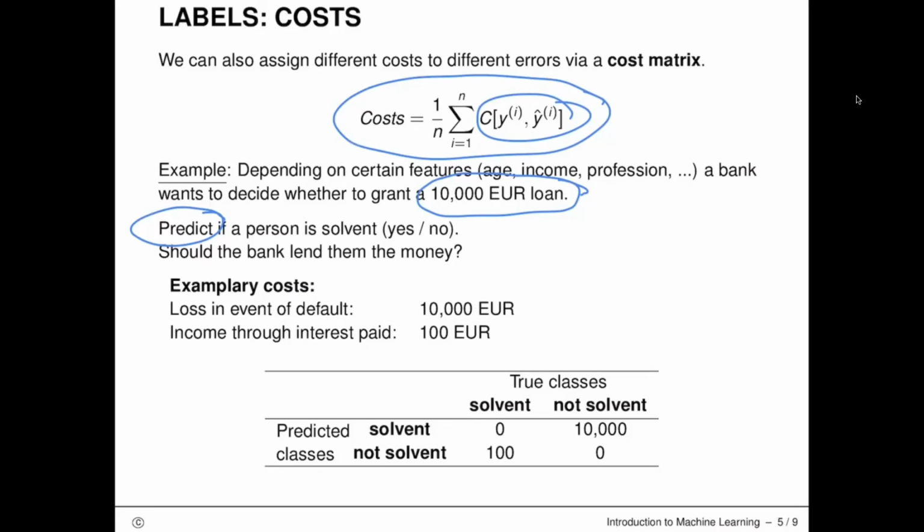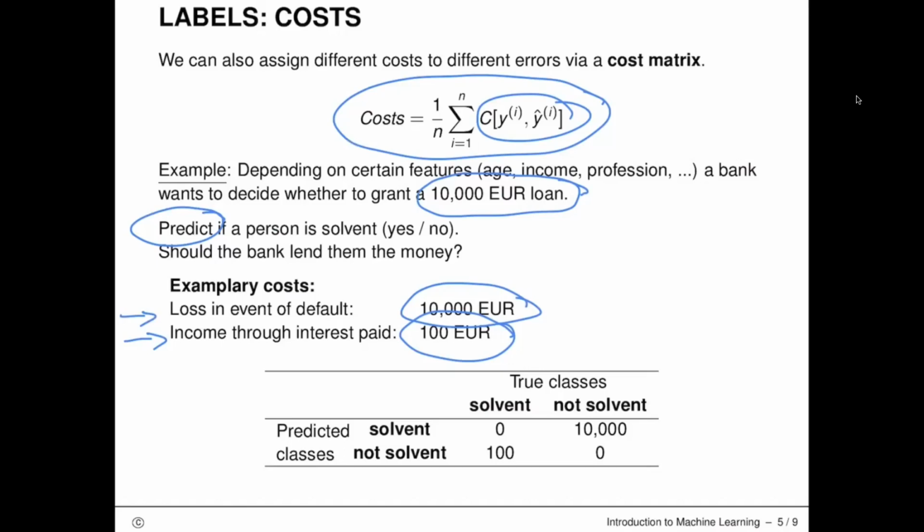So then there are different costs going on here. We have the loss in event of default, which is the entire loan. And we have the loss of income through interest paid, which is much smaller. So that's 100 euros. That's the amount of money we do not get if we don't give the loan